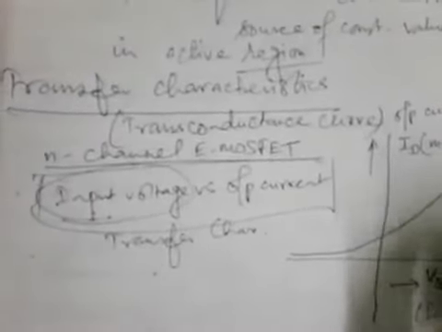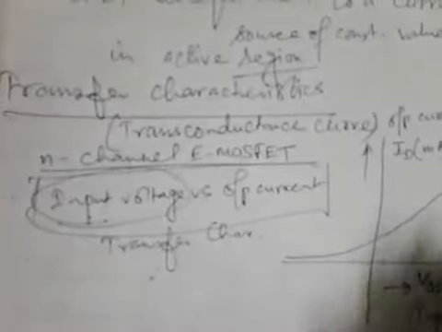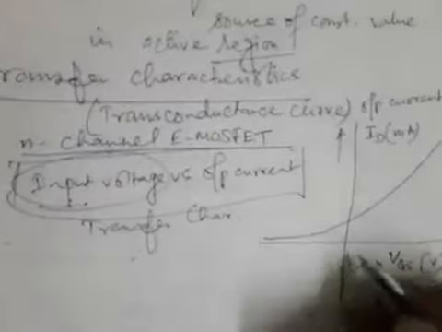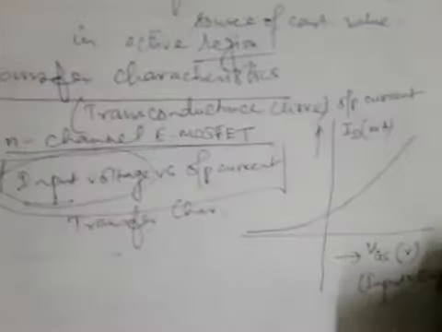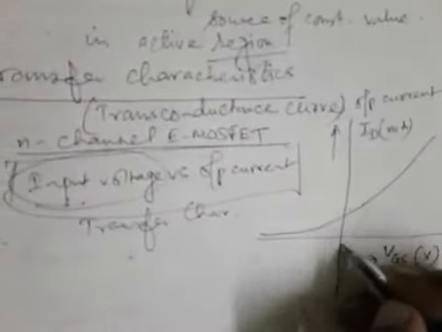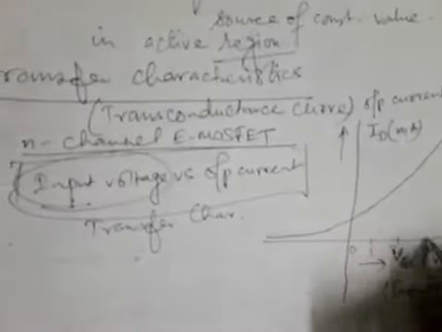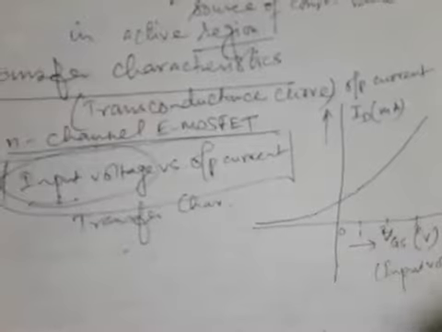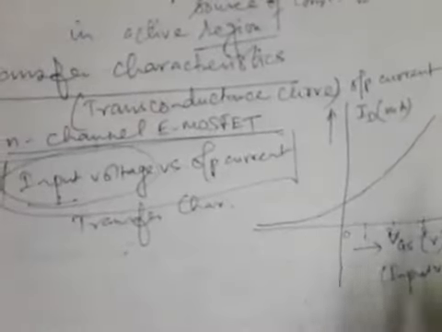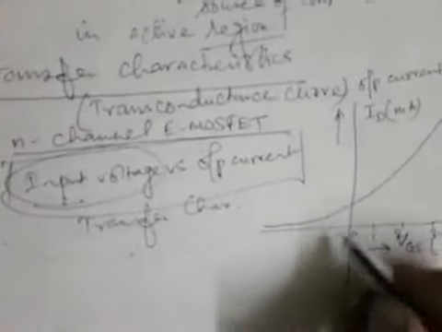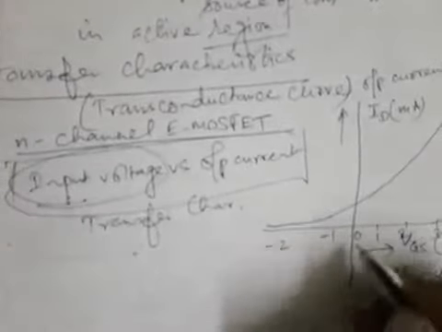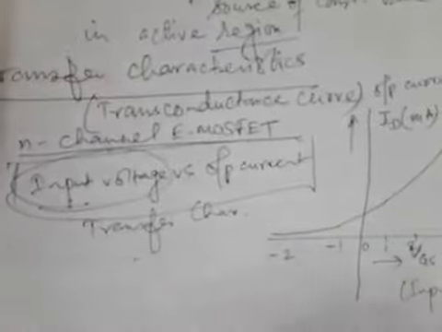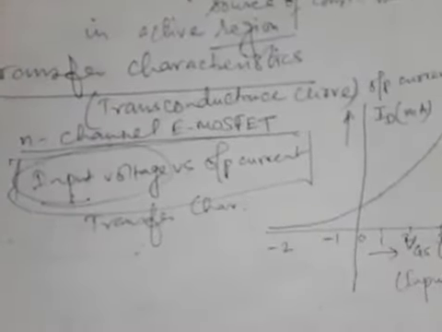First of all, let us see this side, let us see the scale. So then only it will be better to explain. In the positive voltage axis, this is 0, this is suppose 1, this is 2, this is 3. So it is positively increasing the VGS in the right direction along this voltage axis. Along the left direction, this is -1, -2, that means it is decreasing, or negatively increasing in the left direction, the gate to source voltage.